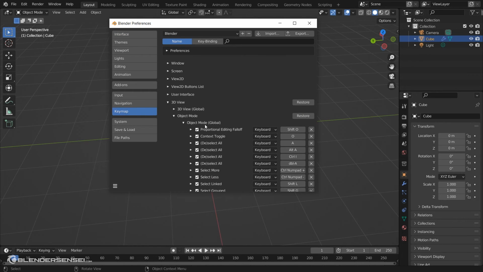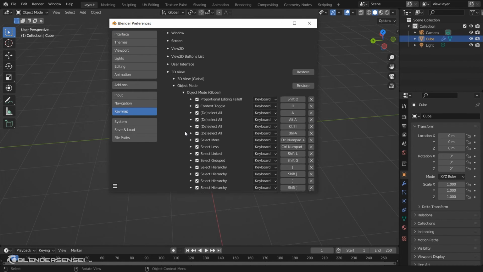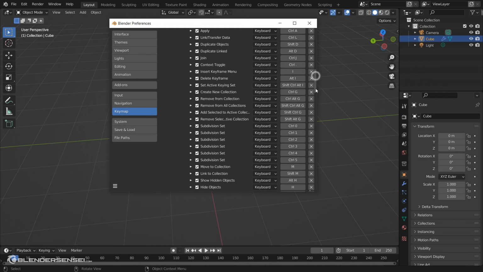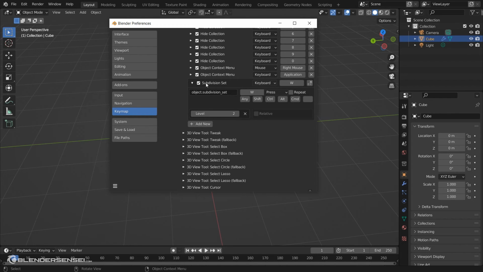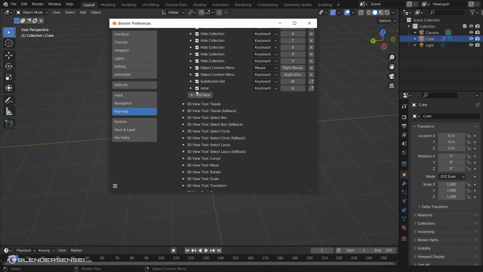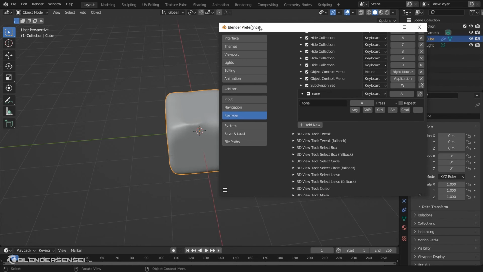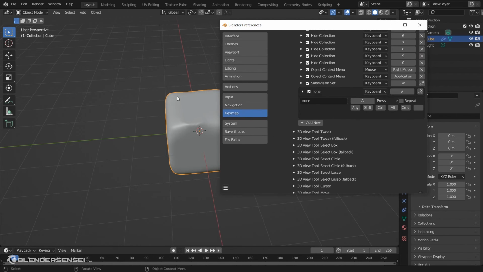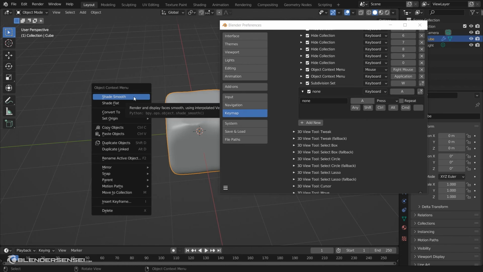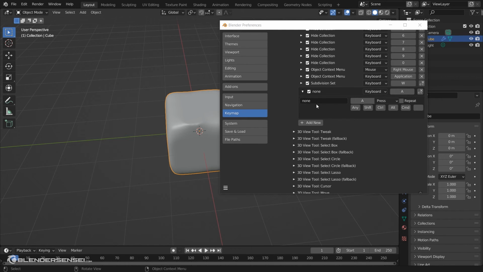And we want this for object mode, which goes in object mode global. We'll scroll down to the bottom, close that one up, press Add New. And so we saw that was object.shade_smooth. We could check again, right click, let the mouse wave for a second. It says object.shade_smooth. So we'll just type that in,